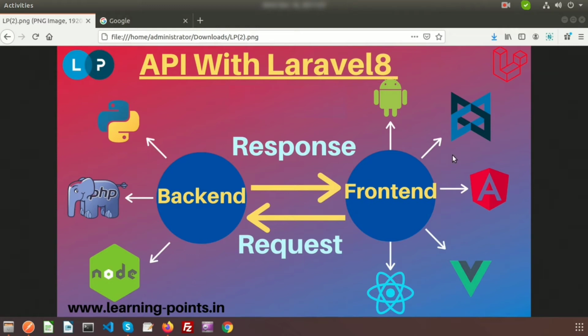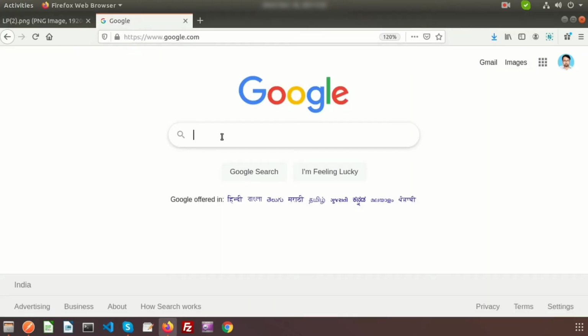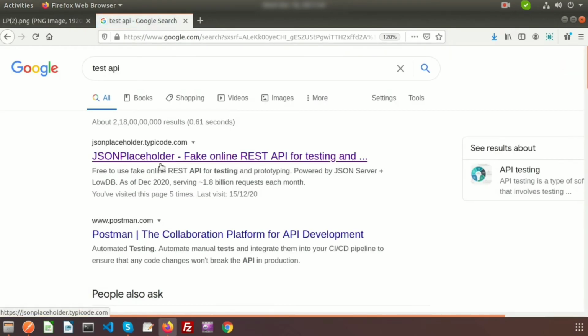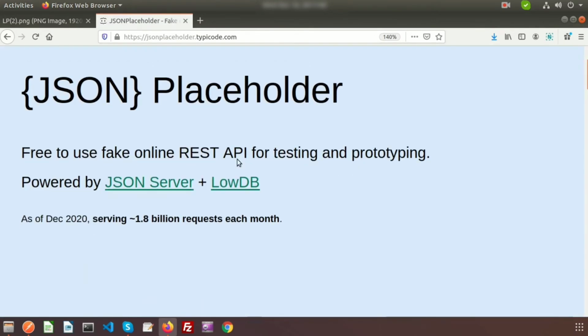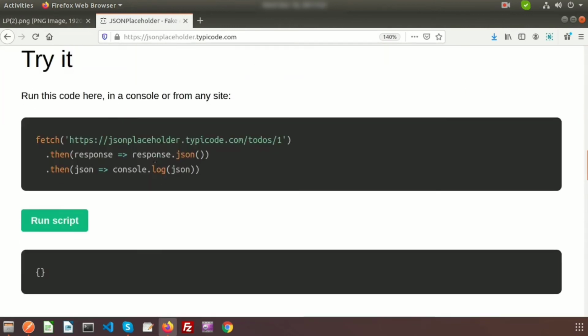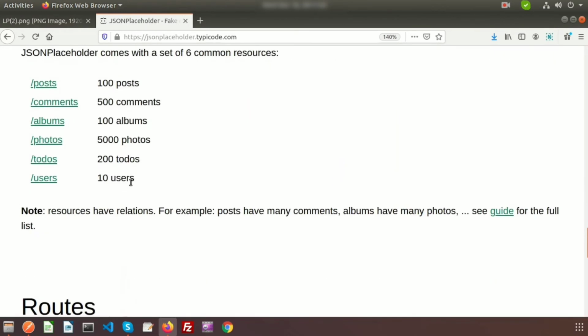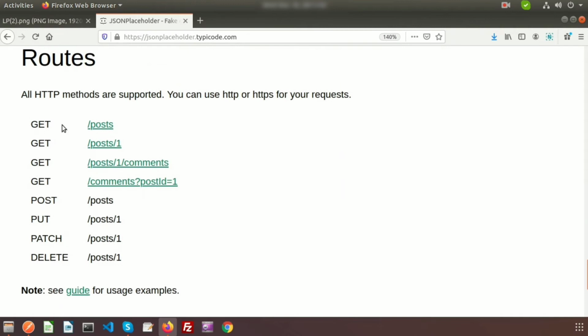If you are not familiar with JSON, then just go to Google and search for test API. Here you will see JSON Placeholder. Here you will get some basic JSON formatted data. You can see there are resources and routes. This is the get route and this is the link.